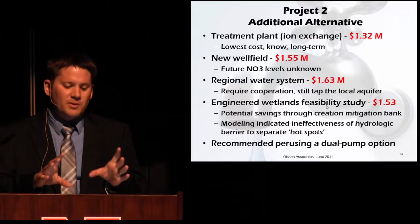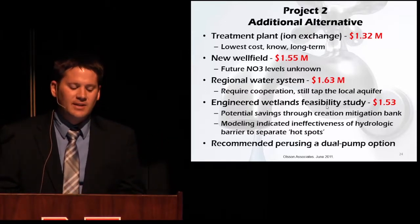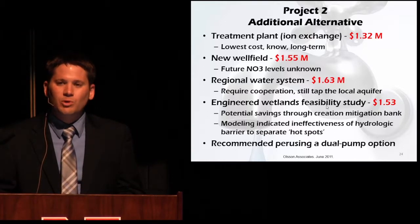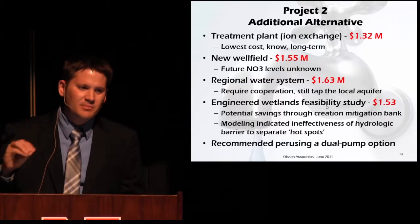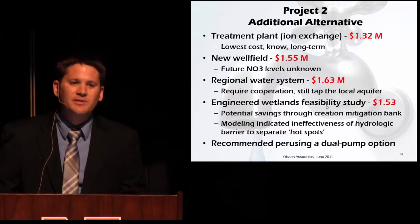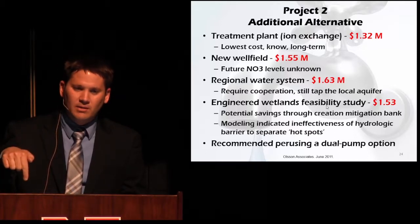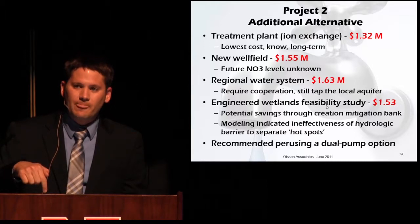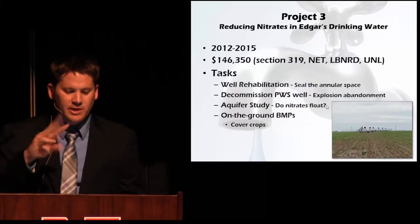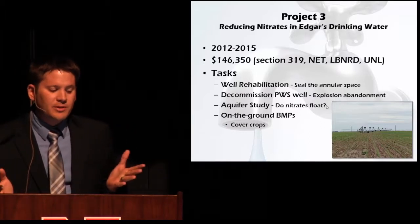So this report then kind of took a shot to the side on us, and it actually recommended pursuing what they called a dual pump option, and that's a kind of a borrowed term from the city of Hastings that's just to the northwest there, 25 miles, that Marty Stange, who did a presentation last year here, I believe, probably talked quite a bit about, and I have a chart coming up here that shows kind of the concepts of that. The third project is the current project that we're doing,